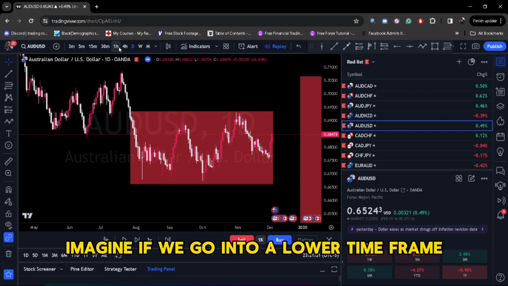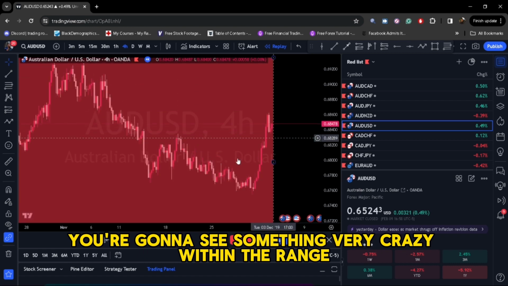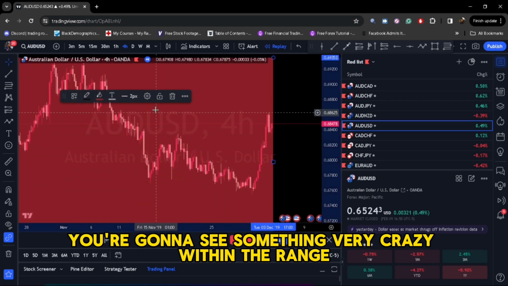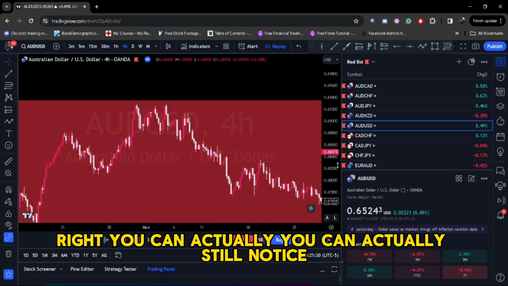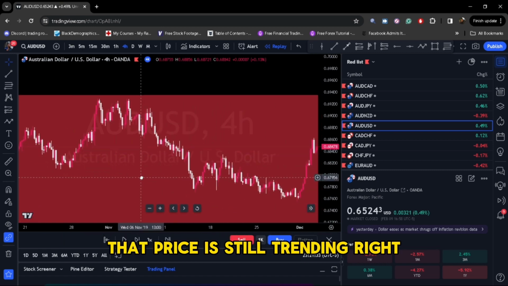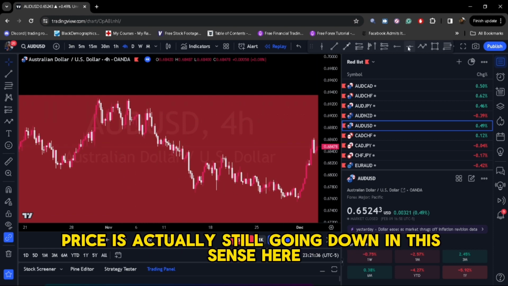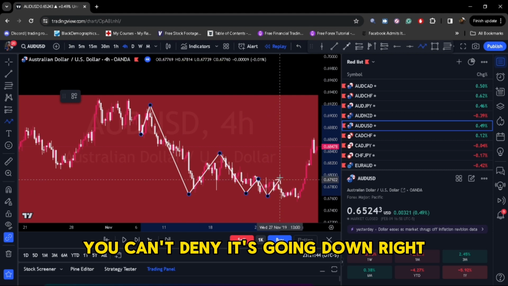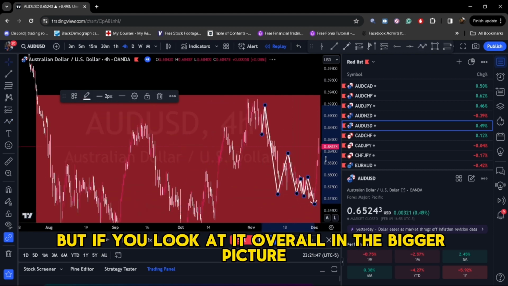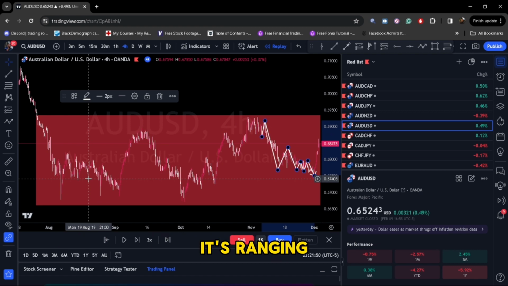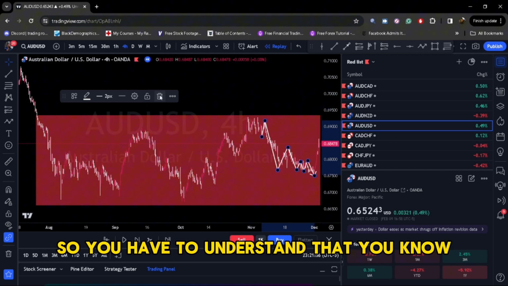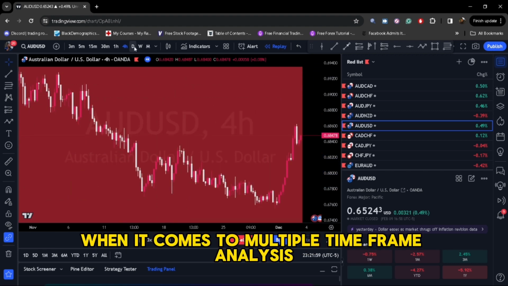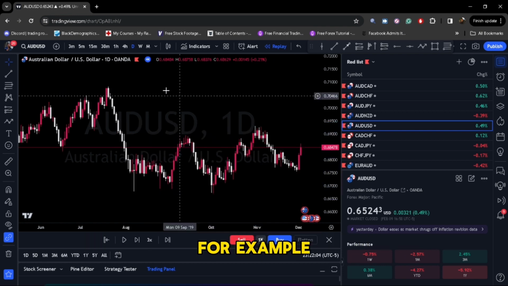Imagine if we go into a lower time frame, you're going to see something very crazy. Within the range, you can actually still notice that price is still trending. If you notice here, price is actually still going down. In the lower time frame, it's going down. You can't deny it's going down. But if you look at it overall in the bigger picture, it's ranging, but inside the time frame, it's actually trending. So you have to understand that when it comes to multiple time frame analysis, for example, trying to